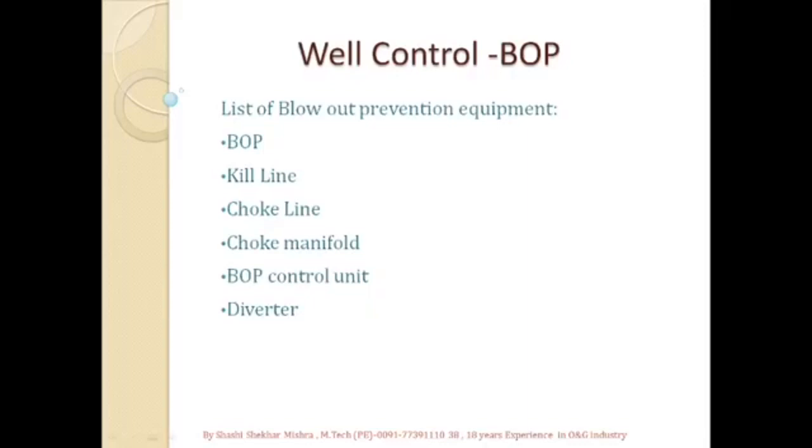Kill line is connected to the casing and drilling spool to the mud pump for pumping kill fluid when fluid cannot be pumped through the pipe. Choke manifold is an arrangement of gate valves with remote and manual choke to route lines and control flow rate at different sizes of choke. BOP control unit is a high pressure hydraulic power unit used to operate BOP SCR valves. It consists of accumulator bottles, reservoir tank, and a charging system.